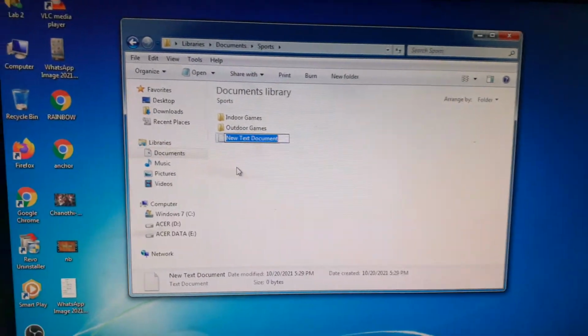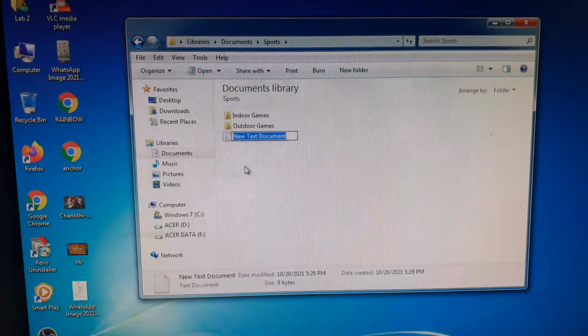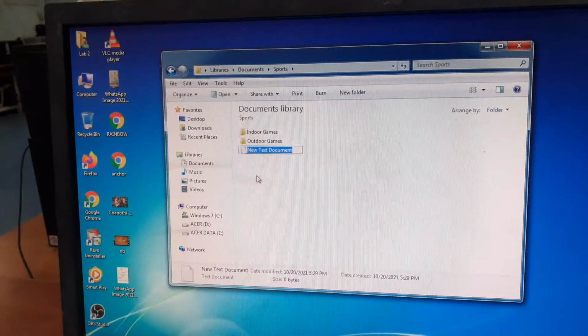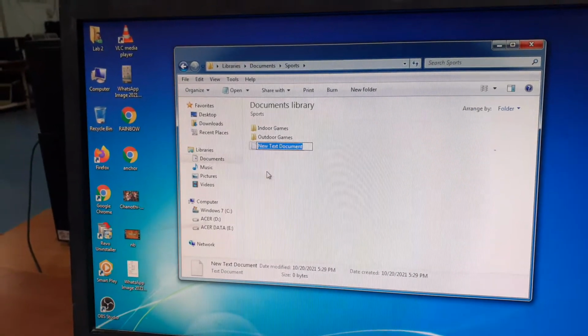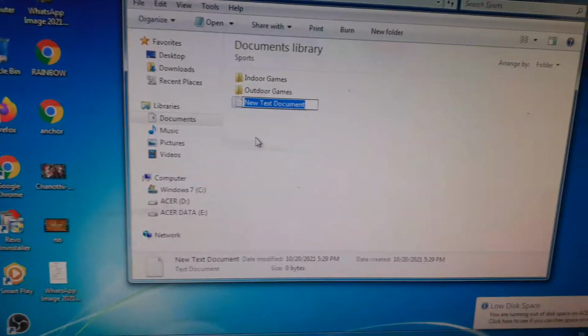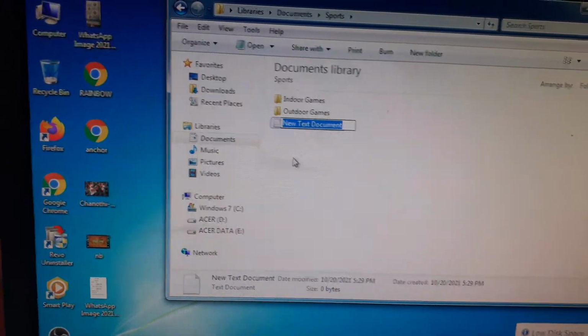Now here you can see this is a new file. Give it the name badminton. But here we want to create it in outdoor games, children.